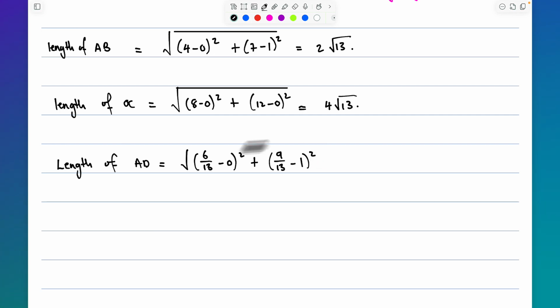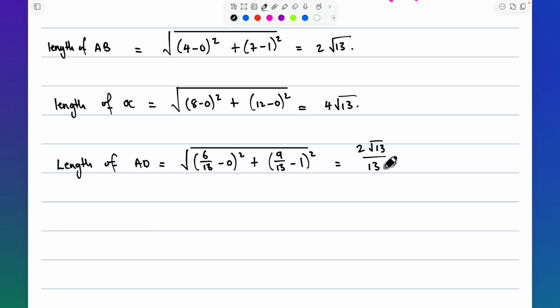And you square that, and you find the square root of this answer. I'm sure it's not going to give us the same kind of pretty answer, but let's see what it gives us. 9 over 13 minus 1 squared. Okay, I'm going to write the exact value that it gave us. 2 root 13